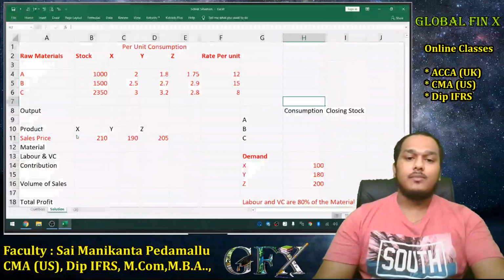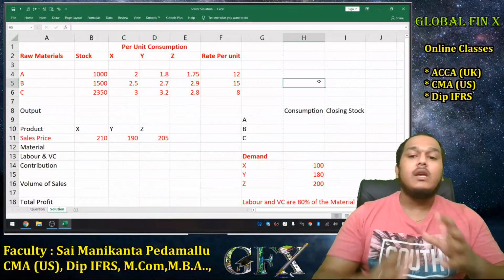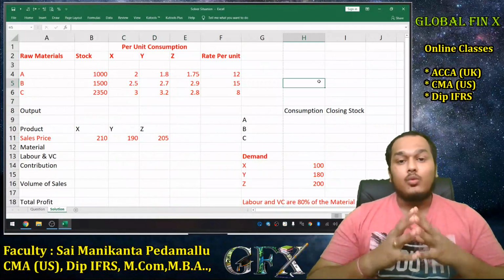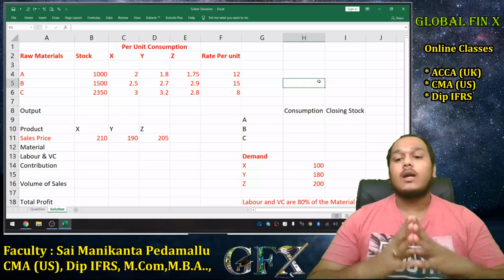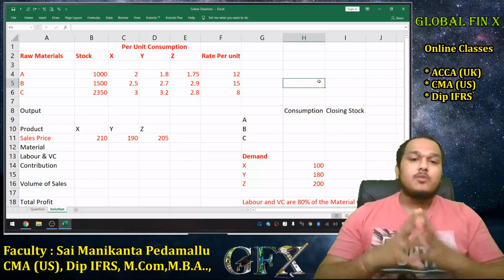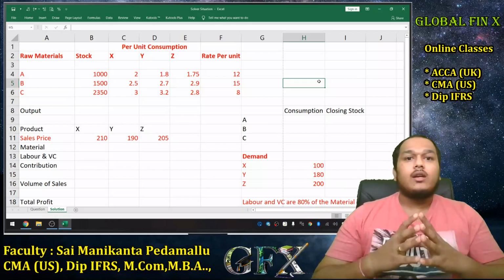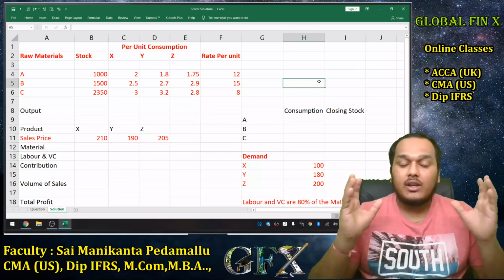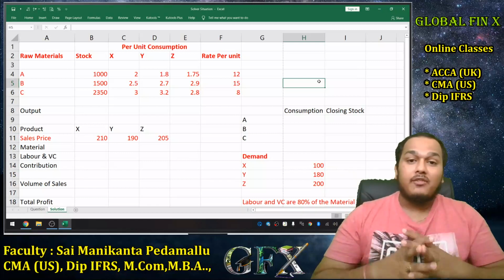Hello guys, in this video we are going to discuss an amazing option of Excel, one of those tools that I love in Excel, to be very honest with you guys. And trust me, without Excel, solving a situation like this would take a talented person with great knowledge in Excel, great knowledge in costing and manufacturing.